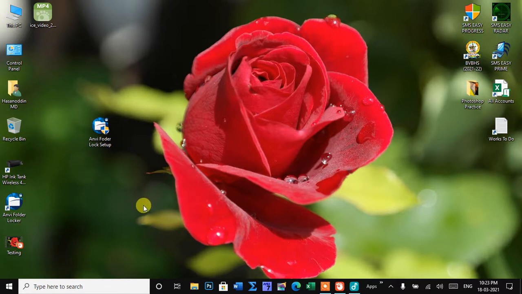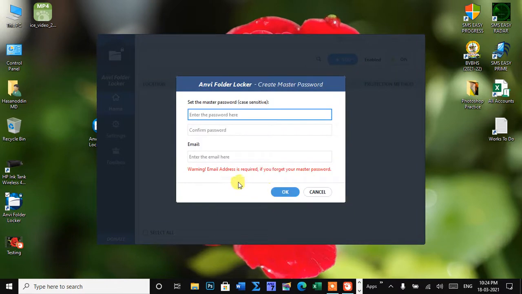Now to open the software and the folder locker, just double click on it and give one password, master password. For example, 1 2 3 4 5 6 7 8. Next, the same password you have to give 1 2 3 4 5 6 7 8.